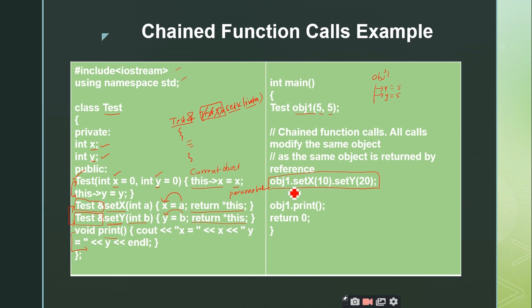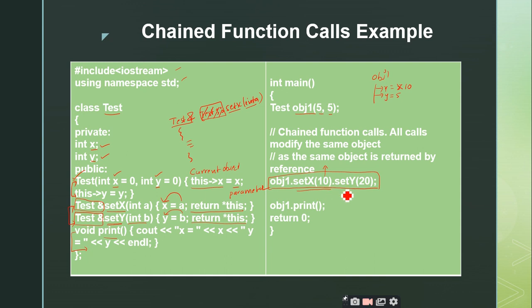obj1, I am invoking two functions at a stretch, right? So I am invoking set x of 10. The set x of 10 will be invoked, and the value which is given by the user, which is 10, is assigned to x of this obj1. Previously, what is the value they are having? x is having 5. So after invoking this function, since I have passed 10 as the parameter to set x and I am assigning the value of 10 to x, the 5 will be overwritten with 10,